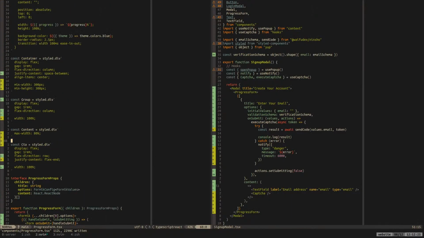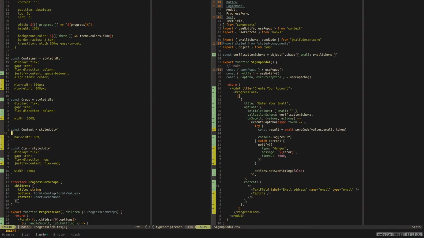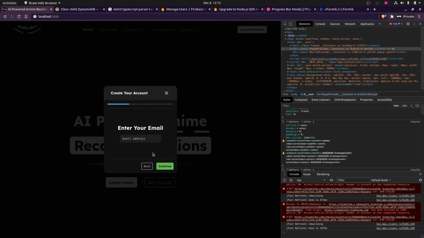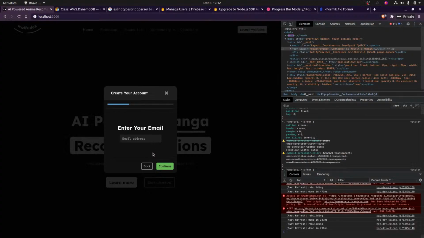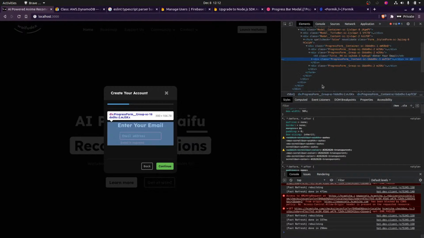Okay, then we gotta make it centered. So we need to say, I mean, an easy way to do that is just to give it some margin. So auto, I think, right? Yeah, but 80% is actually bad, maybe 90%. And that's actually not what I want. It looks kind of weird. So what's the problem?